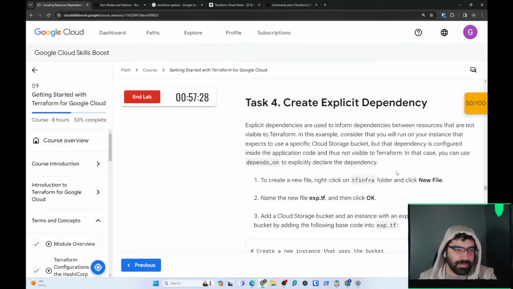So inside our code in the virtual machine, we created an app. That app has a dependency on a cloud storage bucket, but Terraform does not know what's inside our code, right? So we have to explicitly tell Terraform this. In that case, you can use the depends_on keyword to explicitly